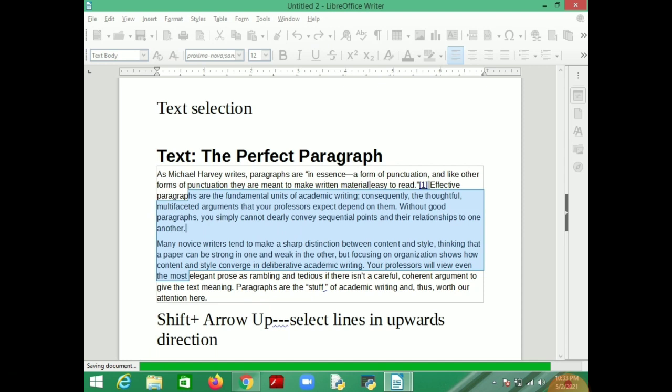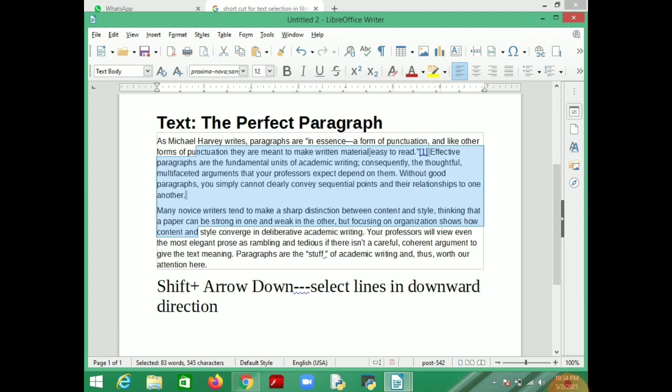If you want to select from bottom to top, then use Shift plus the up arrow. From where the cursor is, when you press Shift and the up arrow, it starts selecting text in the upward direction. So it starts and goes up through the paragraph, and till you keep pressing, it will select your text. So for bottom to up selection, use this shortcut.